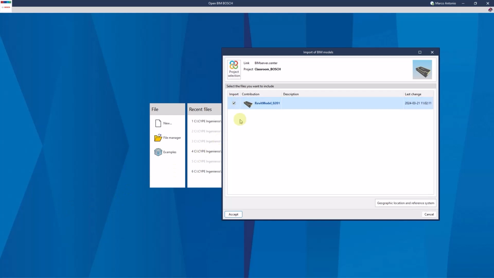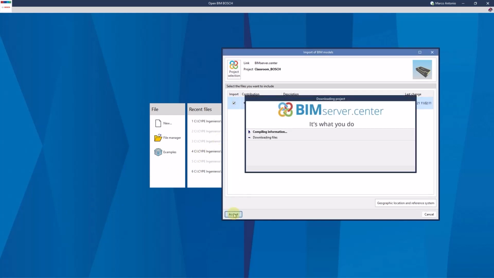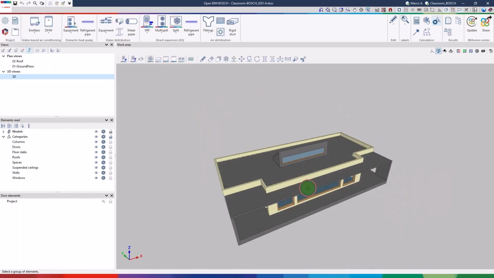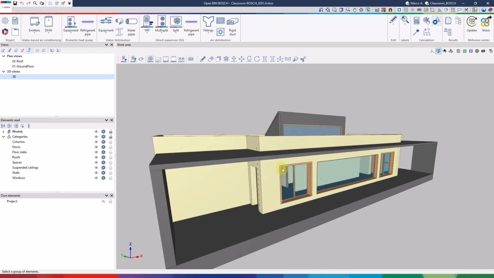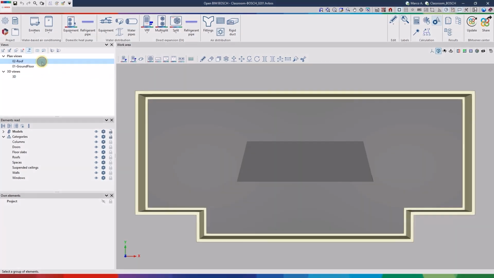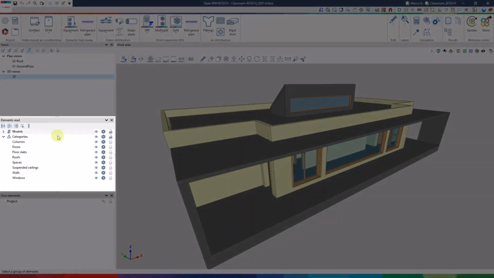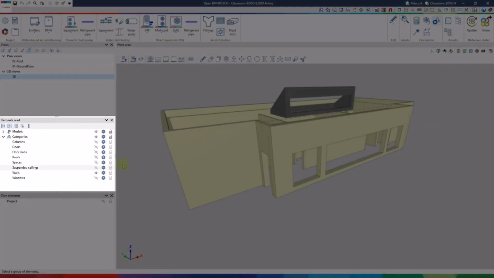Once imported, we check that the reference model is available in the OpenBIM BOSH working area. The floors of the building or the different categories of objects whose visibility can be modified are also imported.